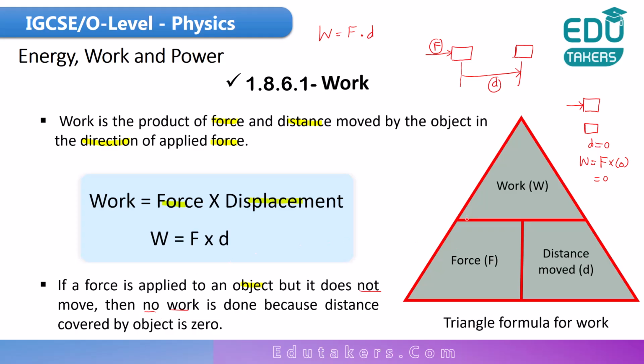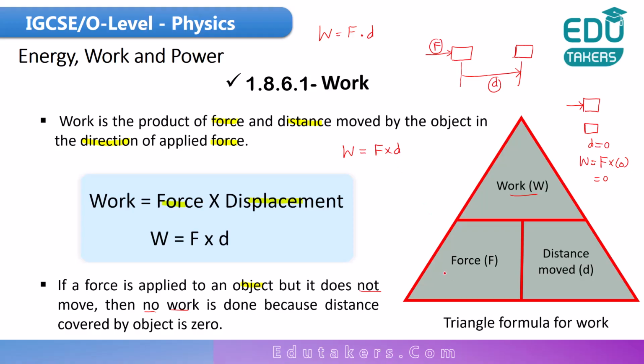You can see here there is the triangular formula that is used to calculate the work, force and the distance. First of all, see here the work is represented by W, the force is represented by F and the distance moved is represented by D. If you have to calculate the work done, you need to make the work the subject. So I can write here W is equal to the force and the distance, both of these appearing at the bottom. So just multiply both of these, F multiplied by D. You get the work done of the object.